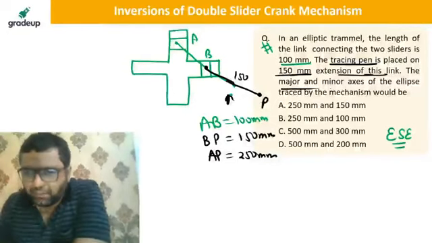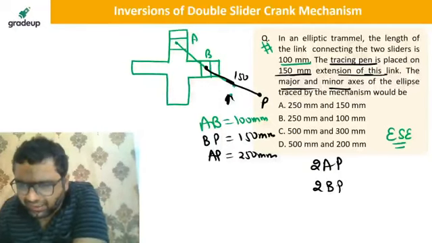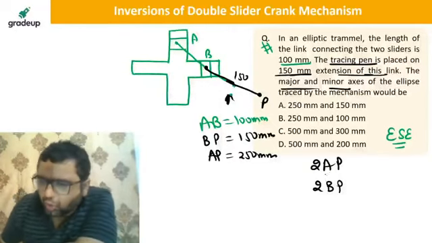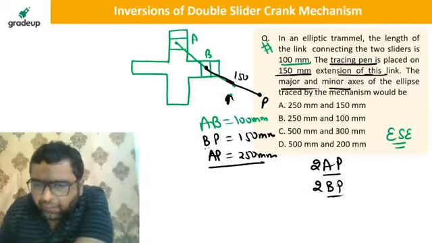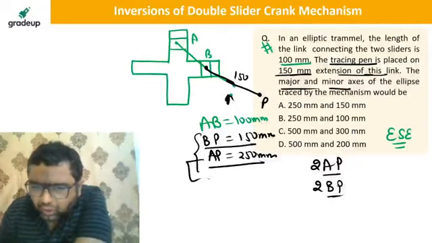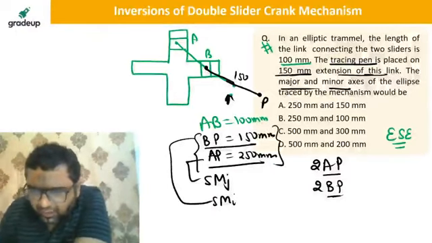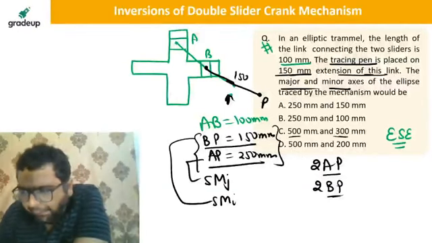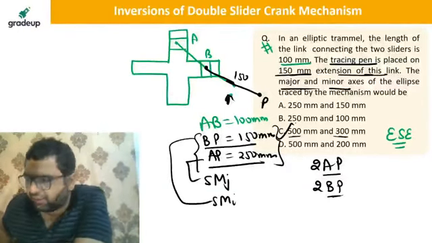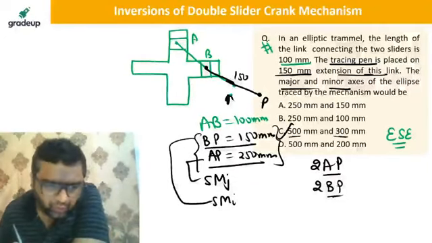So dear, the major and minor axis, you know that 2 times AP is the major axis, 2 times BP is the minor axis. You might be asking, sir, how do you know AP and BP are major and minor axis? Because my dear, you can see AP is 250, BP is 150. So obviously, this is going to be semi-major and this is going to be semi-minor. So by multiplying these by 2, you will get major and minor. The answer will be 500 mm and 300 mm. This is going to be the question, my dear. This is how we are going to solve it.